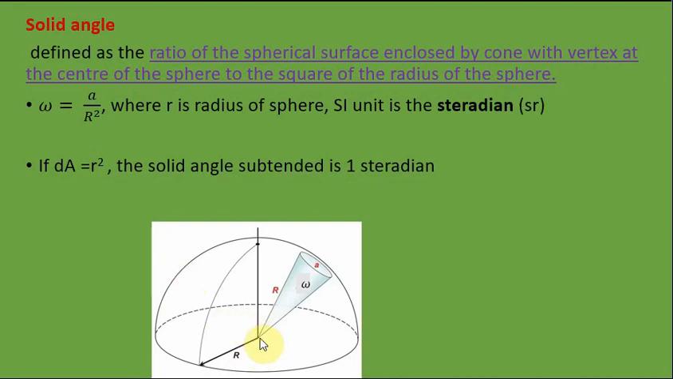Now you consider a small portion of the radiation which is emitting from this center, and it is going to strike over the curved surface of this hemisphere. Let the shape be something like a cone. So the angle subtended by these two generators is called the solid angle omega, and which is